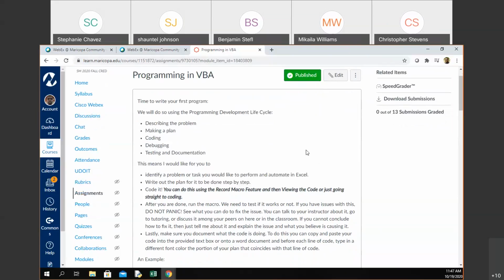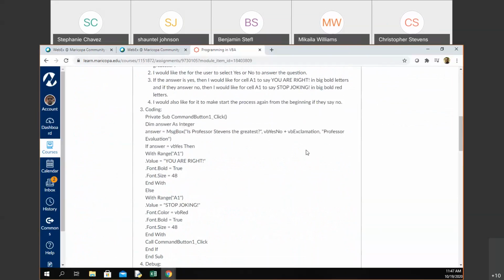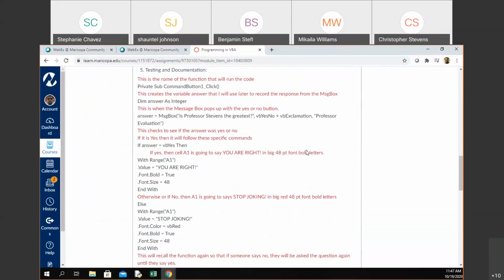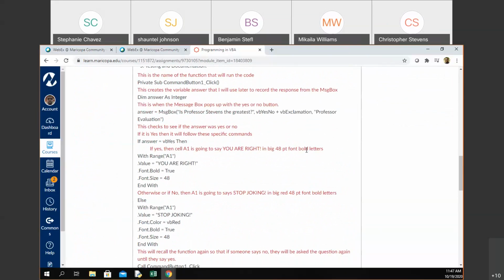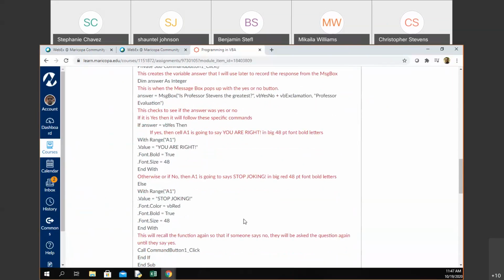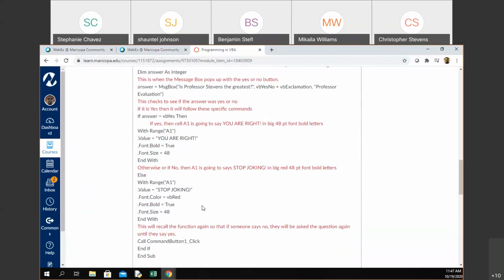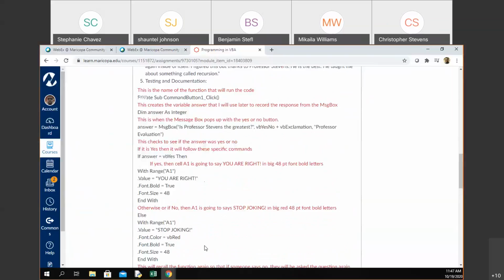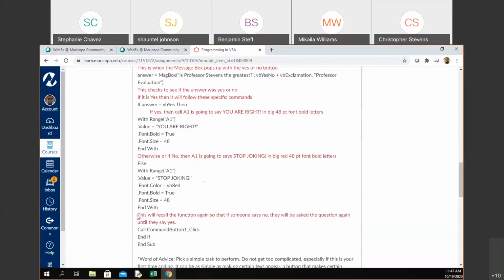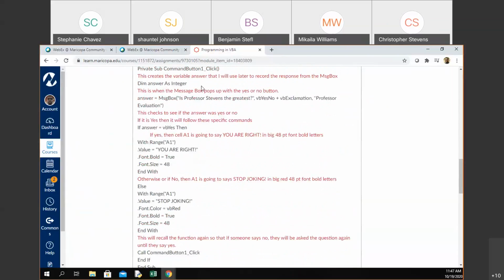Even other programmers will probably look at the example I have here and be like, man, I can't believe you did that as something quick to do in VBA, because this is using a higher level of programming known as recursion. That's when you call a function within itself. But I did all of this, with the exception of this last part, in the message box. Everything was done by recording the macro,